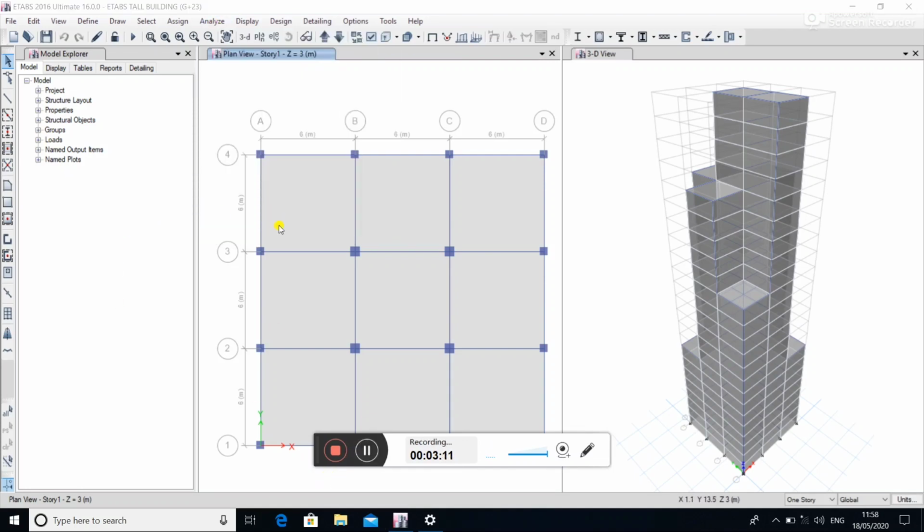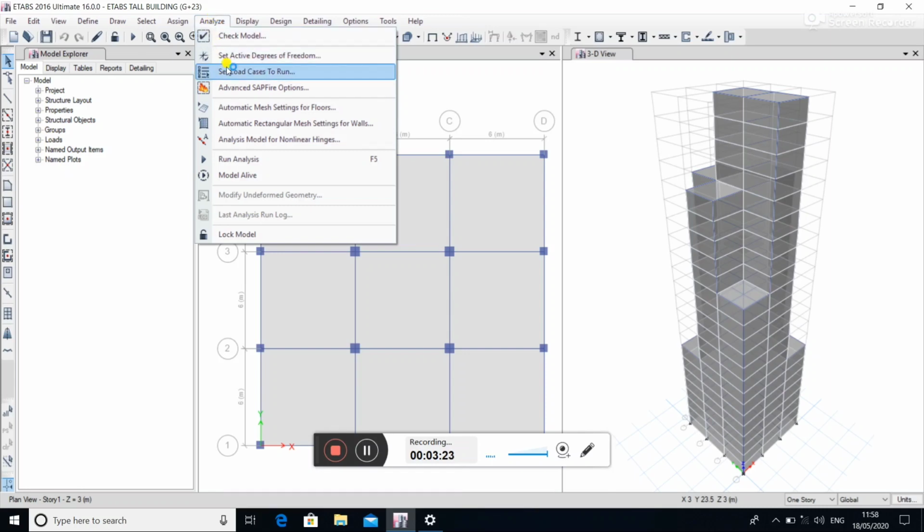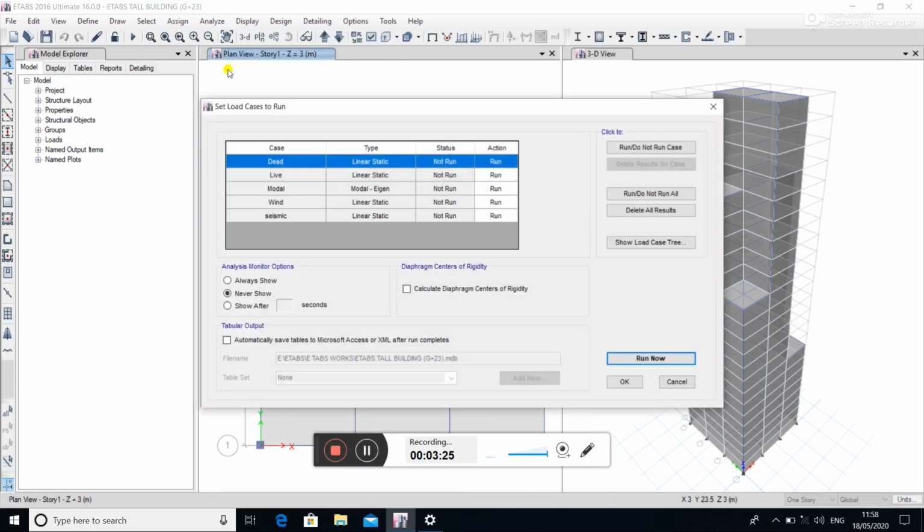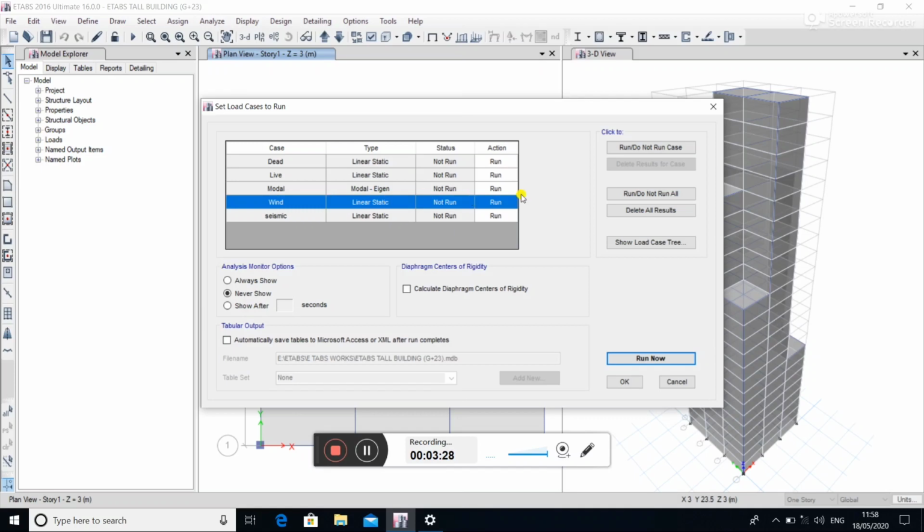We have to analyze only the seismic load on the building. Therefore, there is no need to run the analysis for the wind load. Therefore, go to the Analyze menu, then Set Load Cases to Run. Select the wind load case and set its action to Do Not Run.